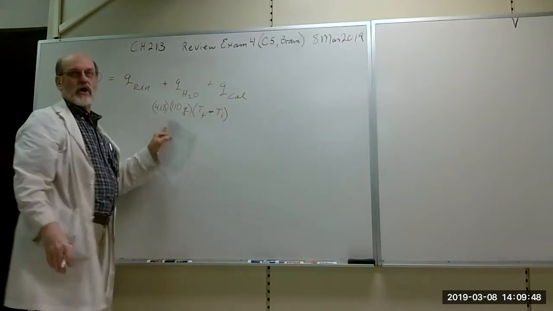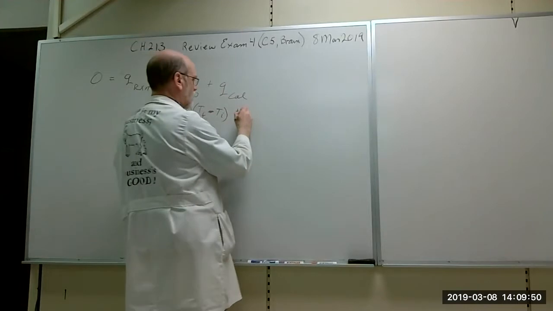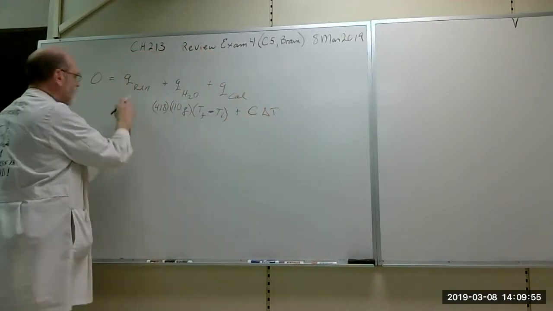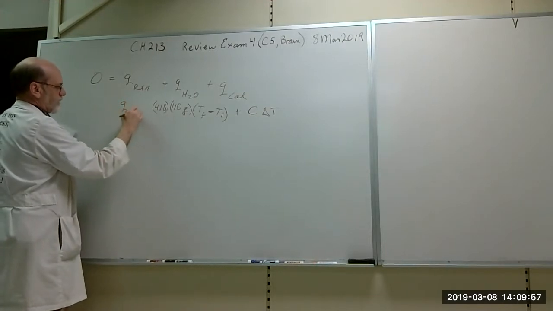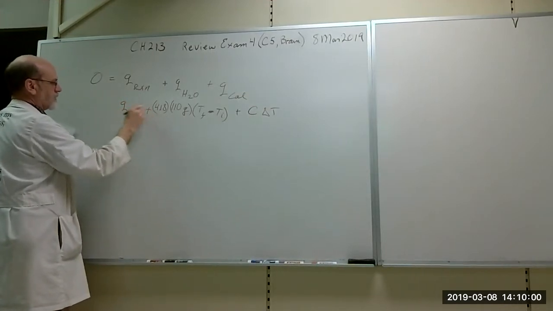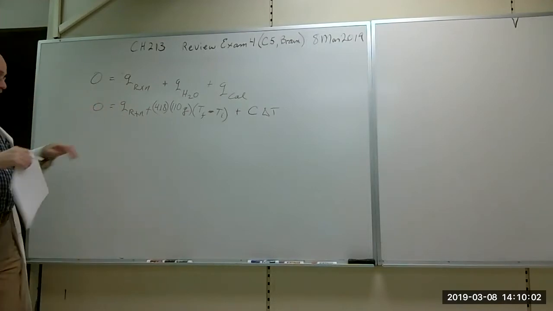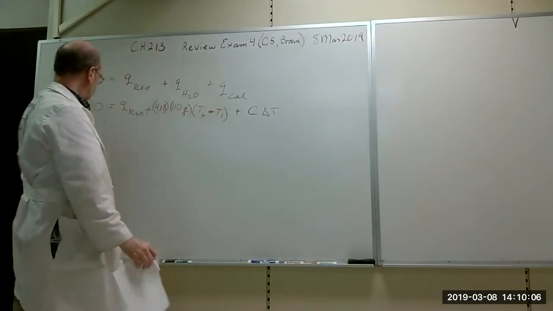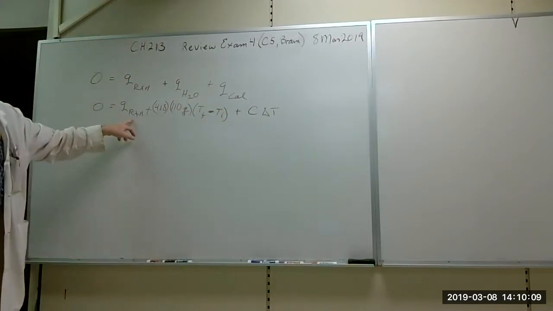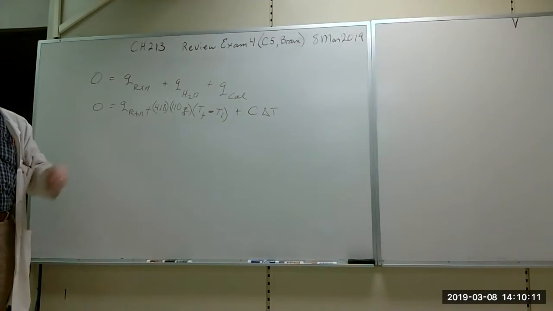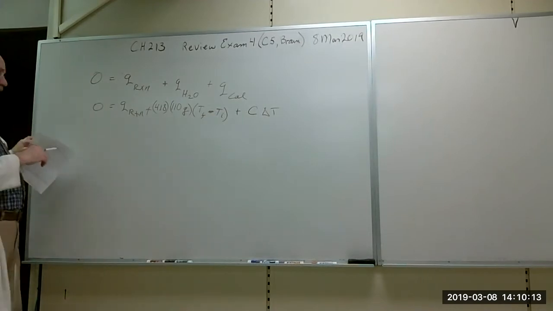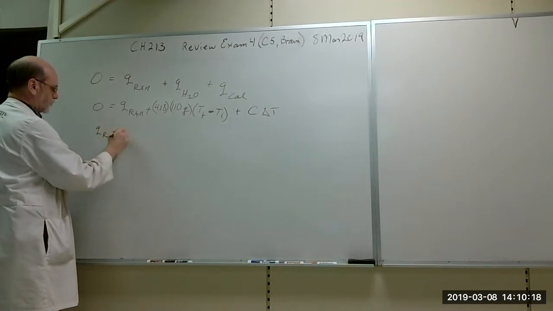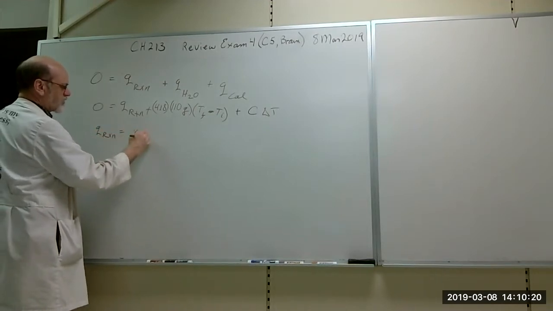That's a known value. This one's a known value because we have C times the delta T. This is the unknown value. What's the heat of the reaction? Okay, so once we calculate this one and this one, we just put those on this side. That's equal to the heat of reaction. So now once you know the heat of the reaction equals so many joules,